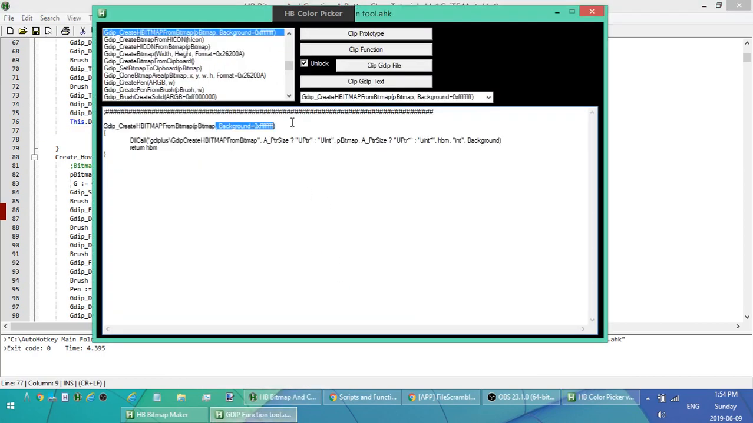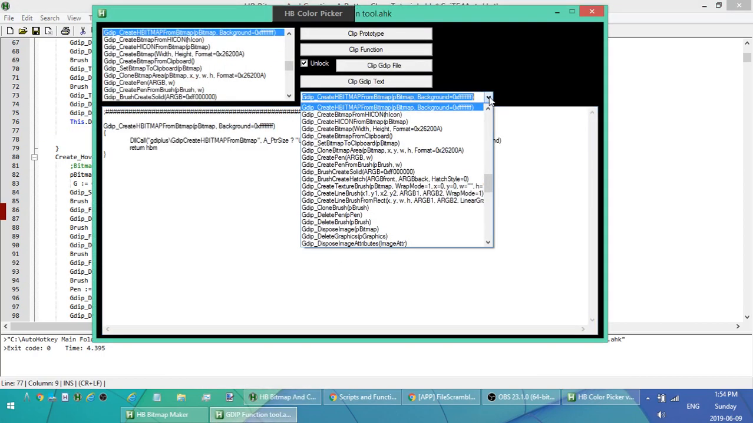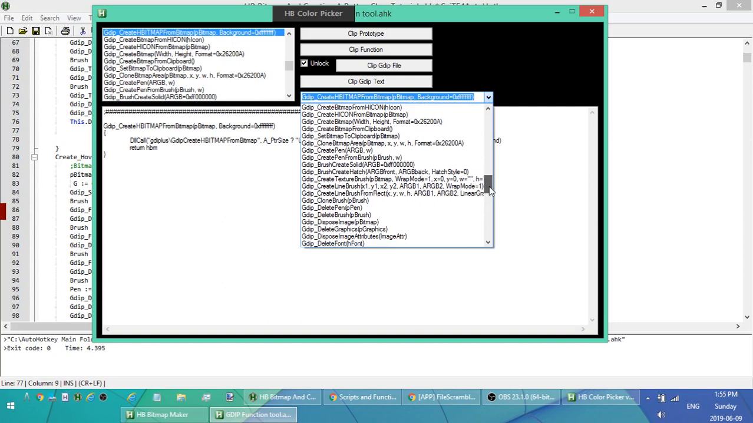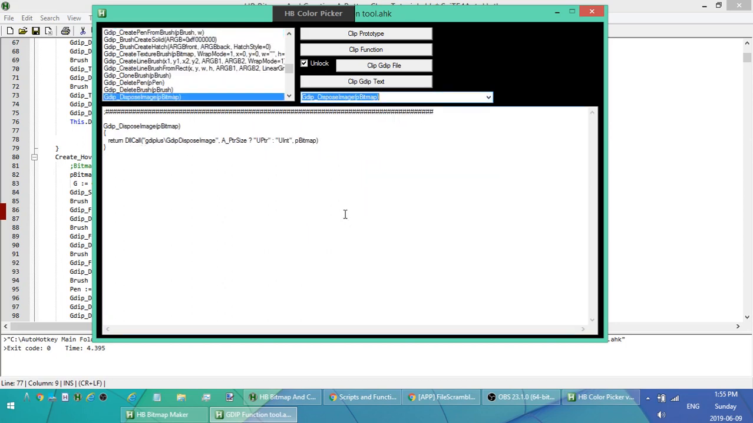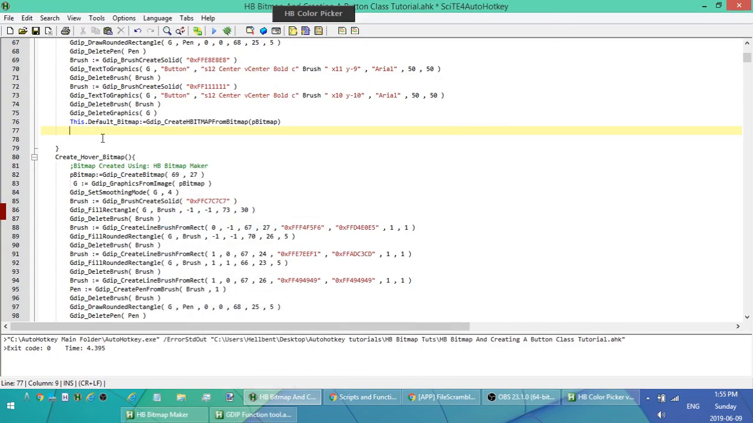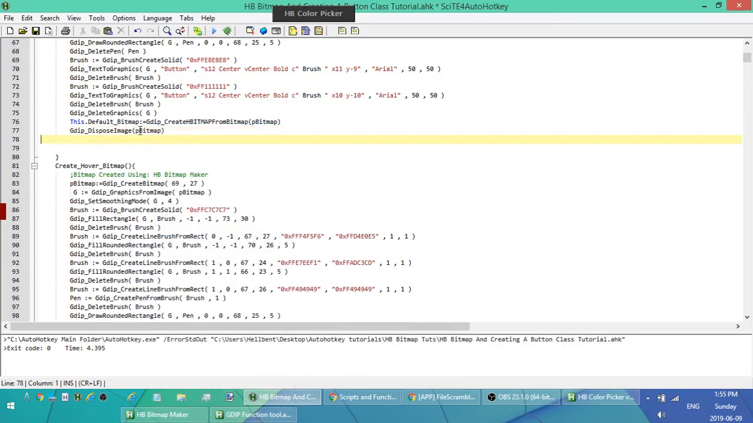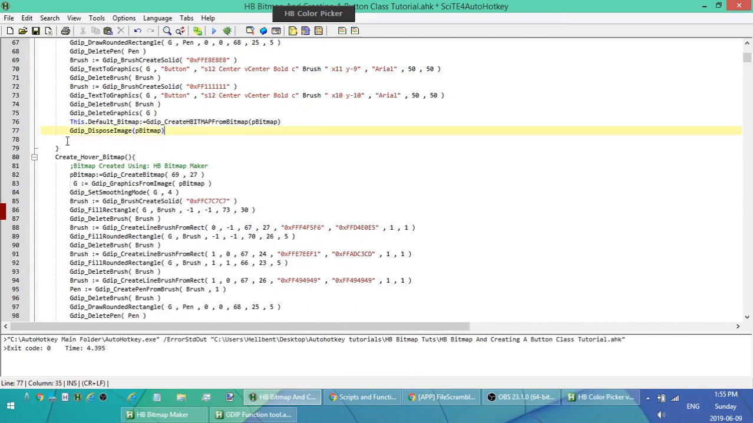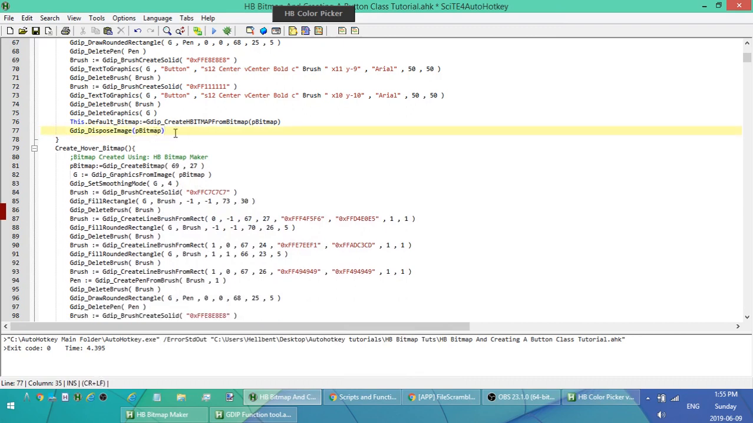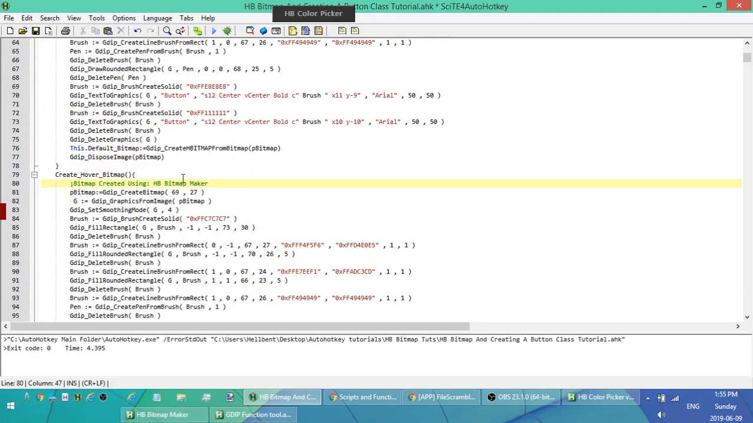So let me see if I can find that function. This is just going to clear up a little bit of memory. I think this one here, Gdip dispose image. And I'm going to pass it the bitmap. We'll find out really quickly if it works or not, if it's doing what I'm expecting it to do. Because if it's not the right one, goodbye image. Alright, I'm just going to copy this,